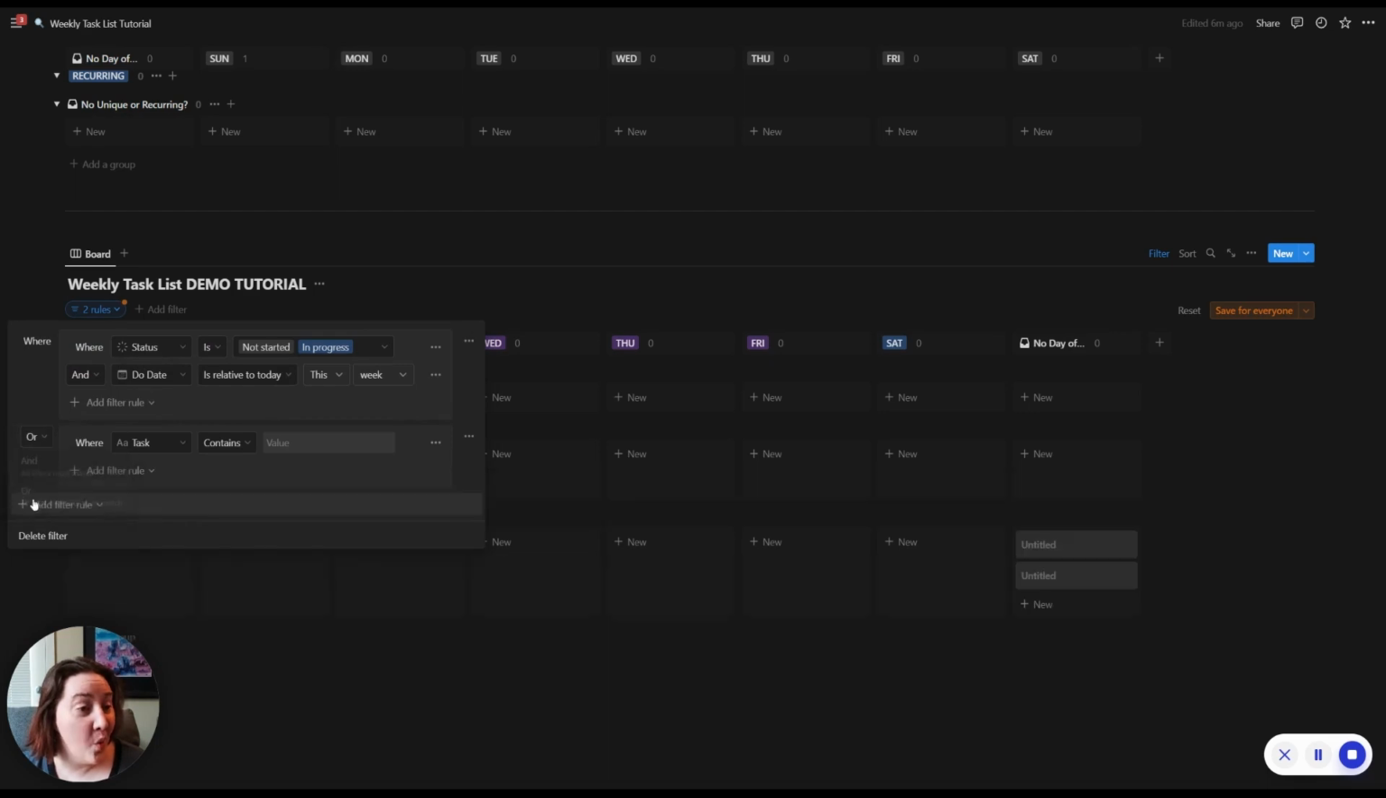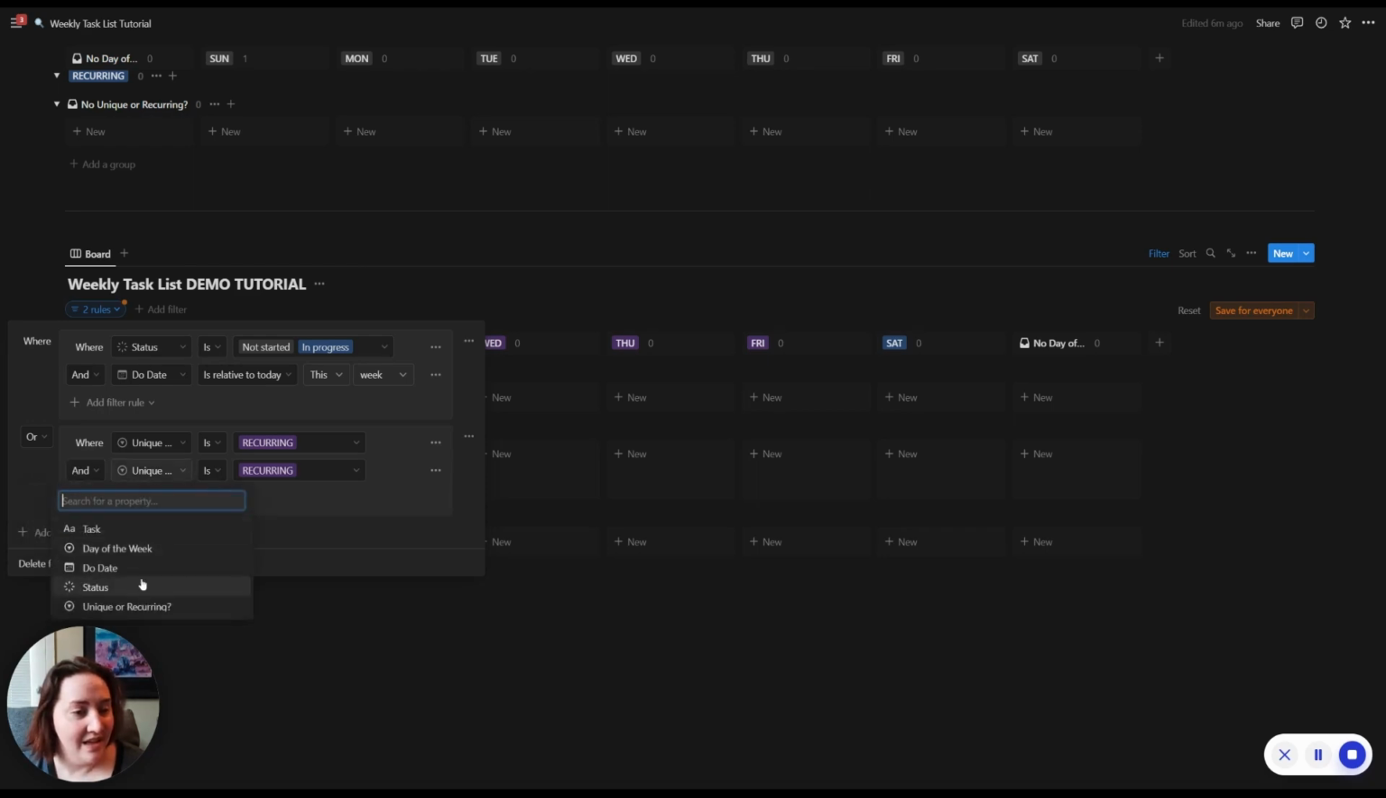And this is going to be an "or" situation. And that's very important, because if it's "and," that means every single thing that has an "and" next to it needs to also be true in order for something to show up. But this we want to be an "or" situation because we're thinking about the recurring tasks. So where unique or recurring is recurring, and then we're going to add a filter rule. And this is an "and" now. And status is